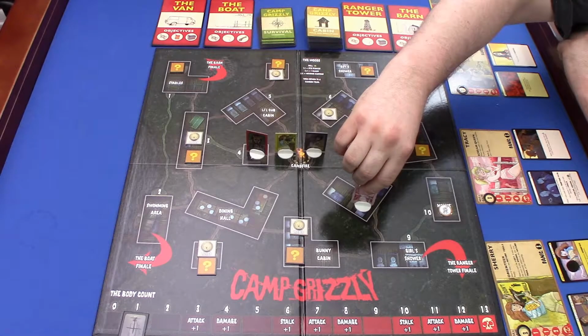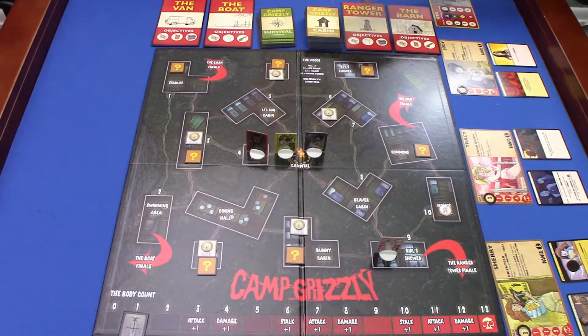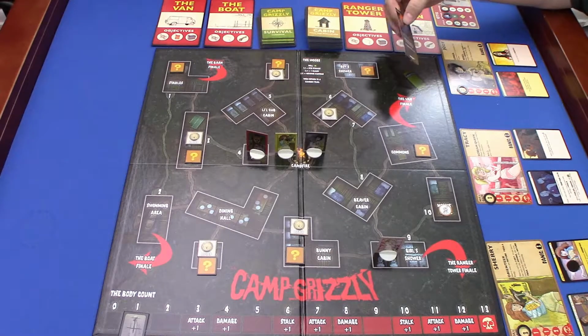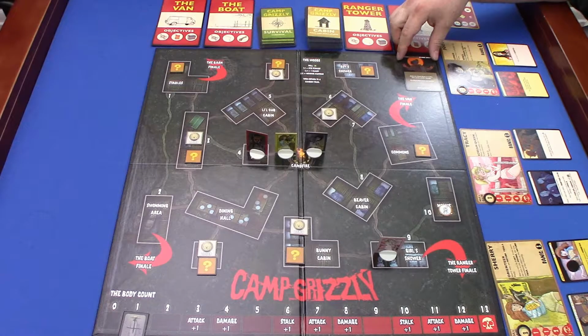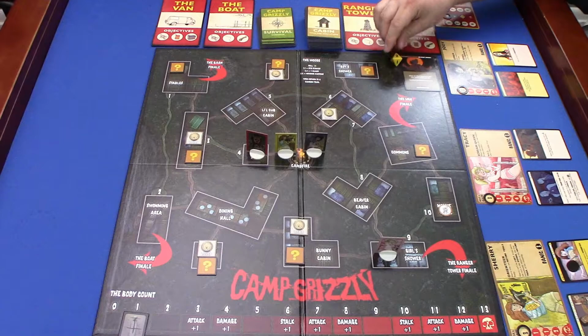Basically, the counselors will go first, taking their turns. They're going to move first. You don't have to move. Their movement is based on their wounds also, so as they get wounded, they move slower, except for the very last wound they can take, which, you know, gives them like a burst of adrenaline, and they get faster. So the goal is to move around the board,